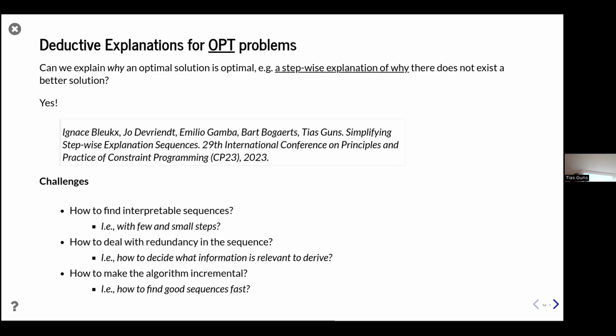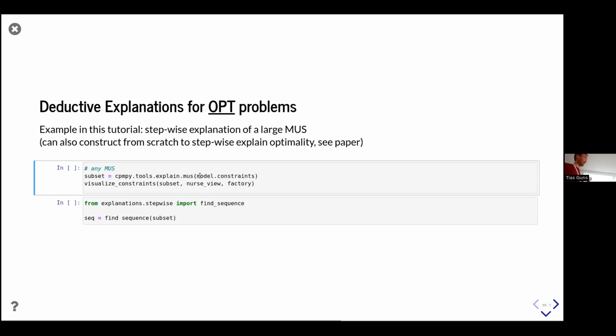Another problem is redundancy, not just at the level of an individual stepwise explanation, but also at the level of the entire sequence. We actually have to post-process the sequence to remove any consequence that we didn't use to reach the final conflict. And then there's also how to make this algorithm fast and incremental. It's also a challenge. I'm not going to explain how we do that, but I am going to show you